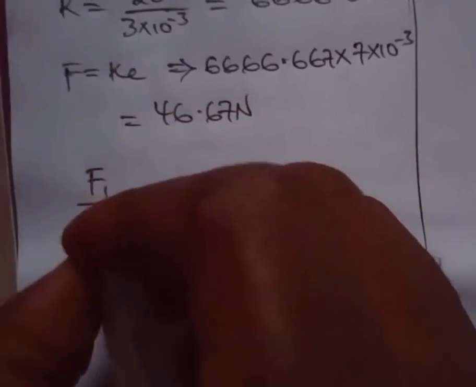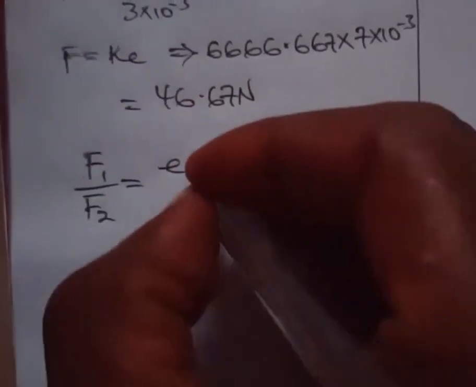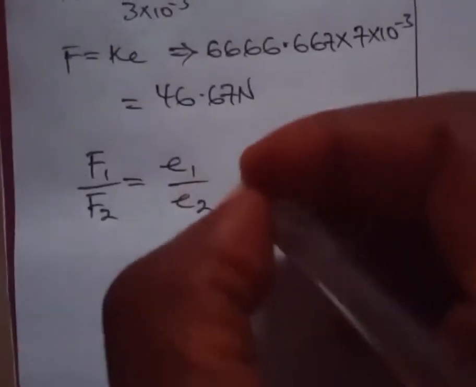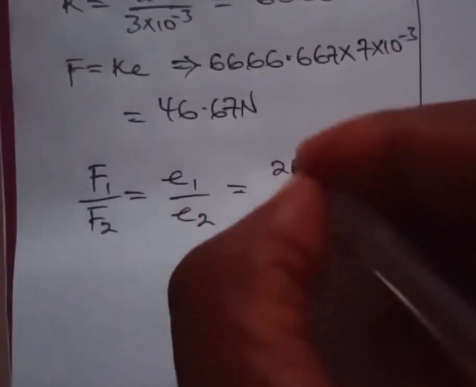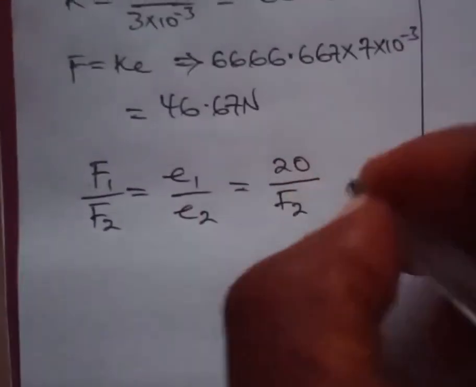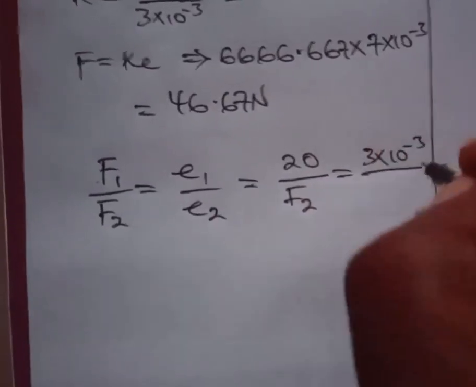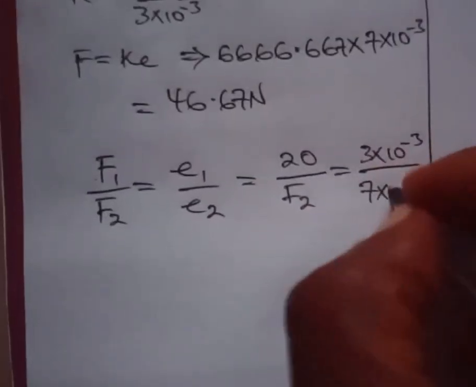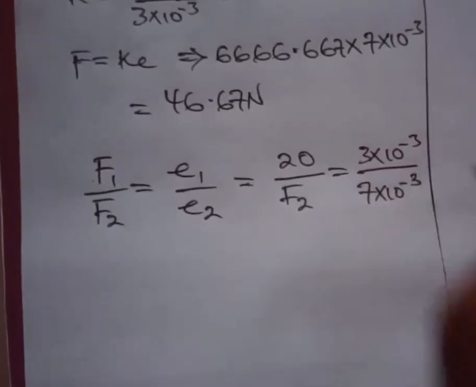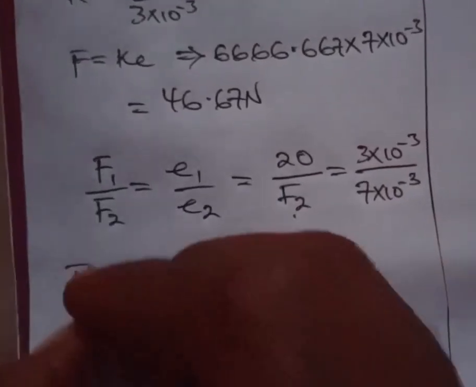The second way we can solve this is by saying that Hooke's law is also stated as F1 over F2 is equal to e1 over e2. Our F1 already is 20. We don't know F2. Equal to, first extension is 3 times 10 raised to the power minus 3. Second extension is 7 times 10 raised to the power minus 3. If we make F2 subject of the formula,